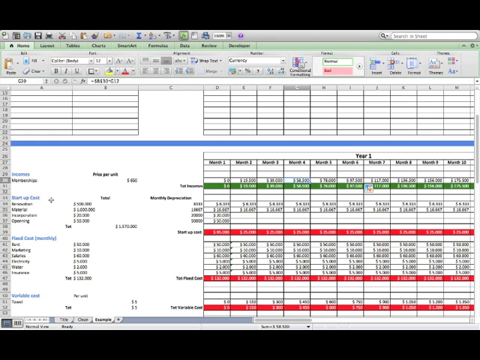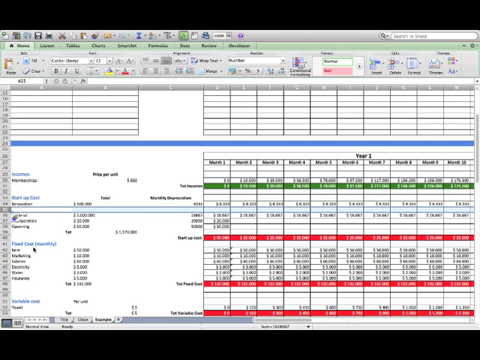Okay. Then when this is done, you can look at your startup cost. And in your startup cost, in our case, what we'll put there is the renovation of the facility, the material, the incorporation cost, and the opening. The amounts here are in Hong Kong dollars. So if you find, oh, that's pretty expensive, it's because I'm counting in Hong Kong dollars. But we don't really care. It's just a number we need here. So you might have more startup costs. If this is your case, you can actually insert a new row, you see,